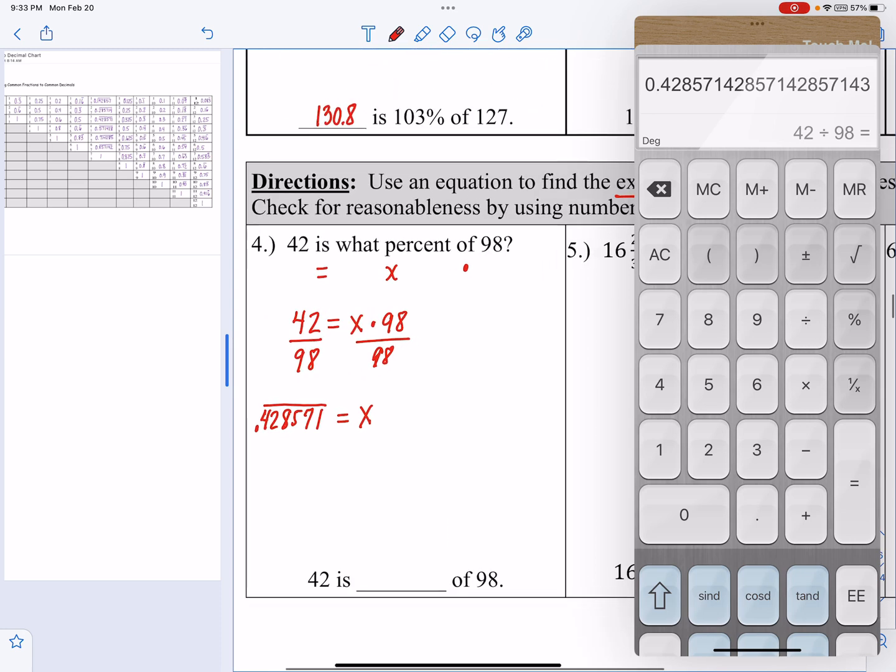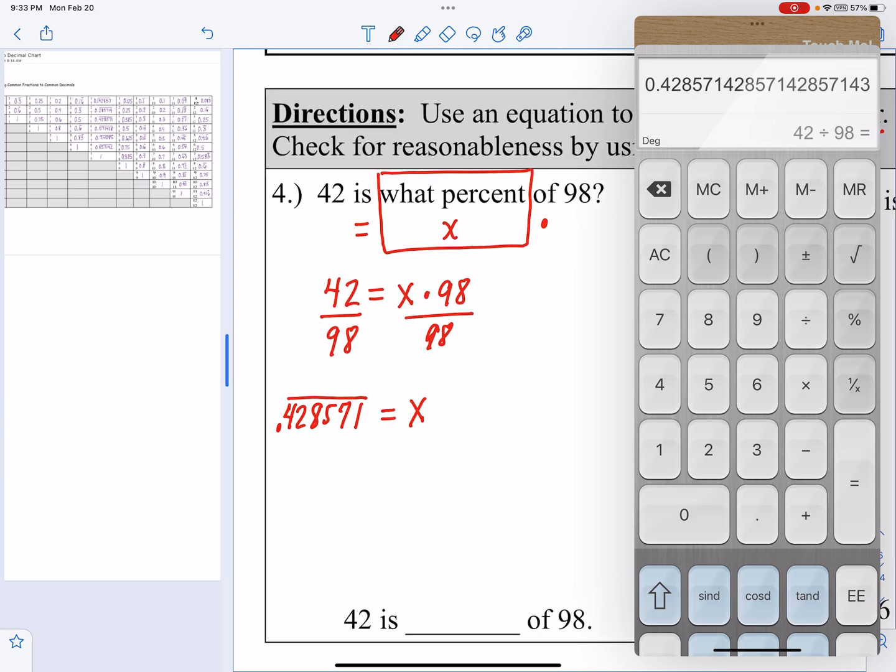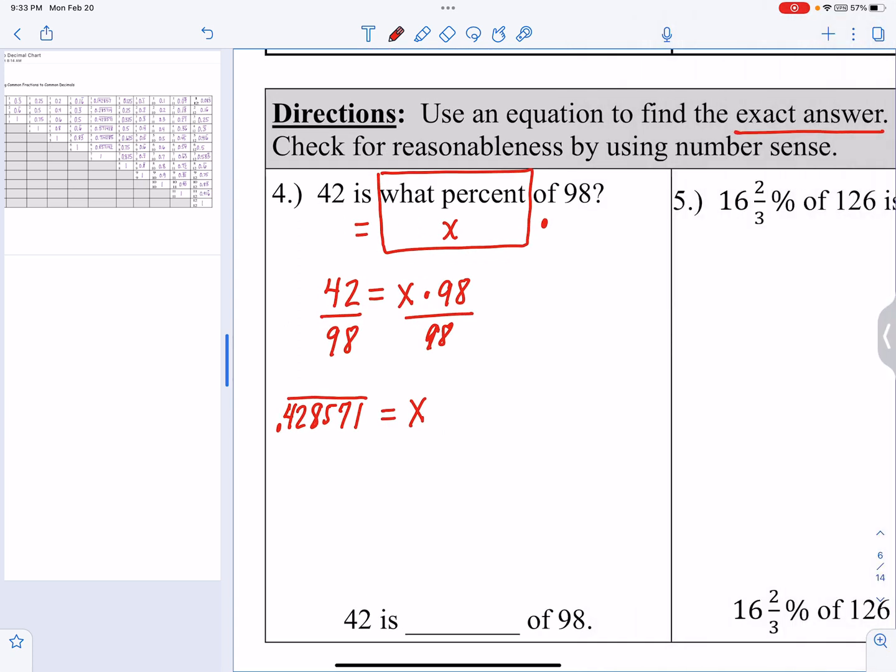Now, again, you have to pay attention to when we say what percent, and that's the variable. We're in decimal form right now, and we need to go into percent form to answer this question. So those are ones that you have to really pay attention to. To go into percent form, we're multiplying by 100 or moving the decimal place 2 spots to the right. This puts us at